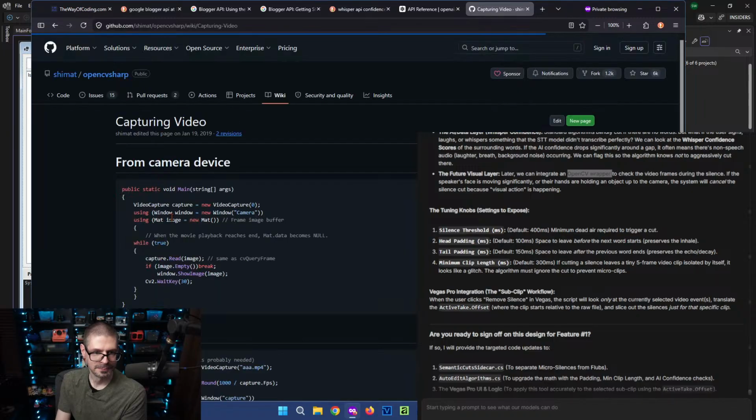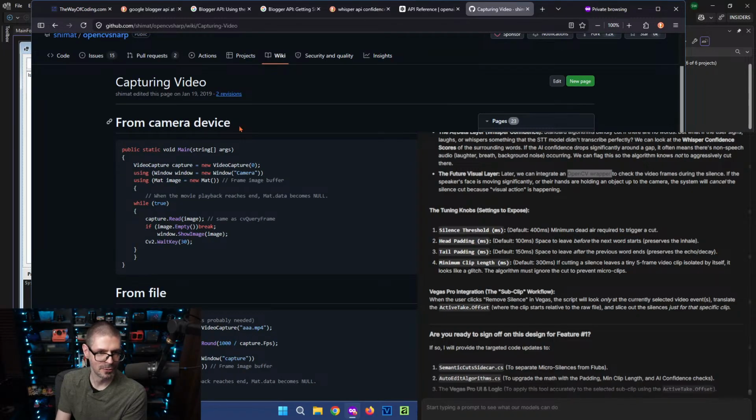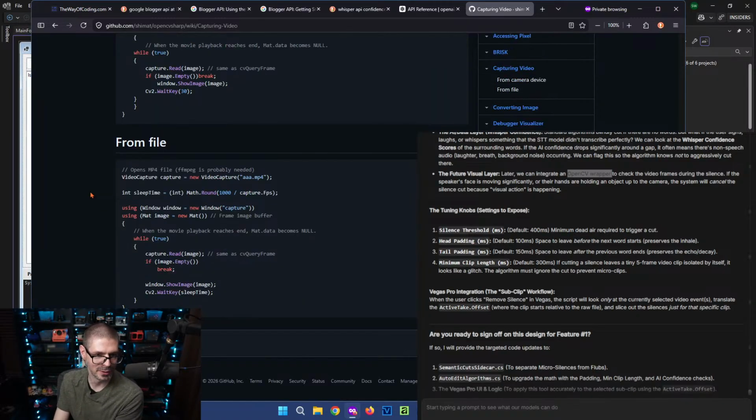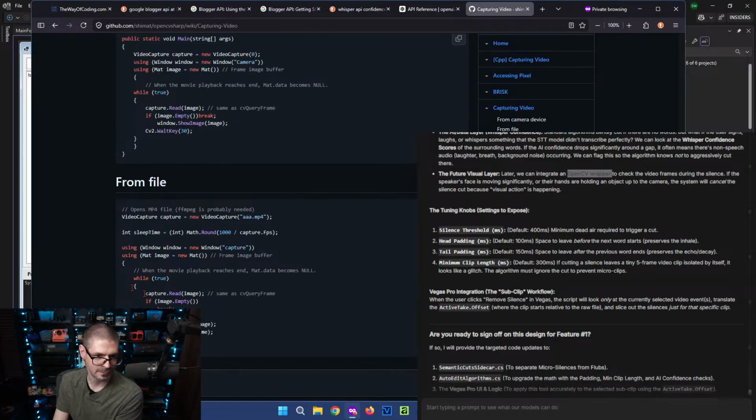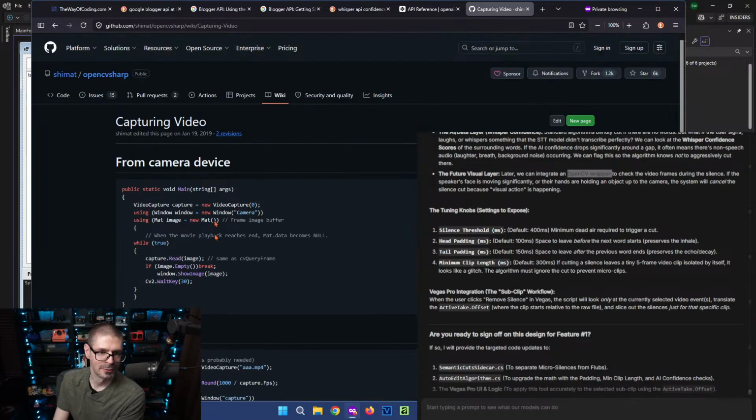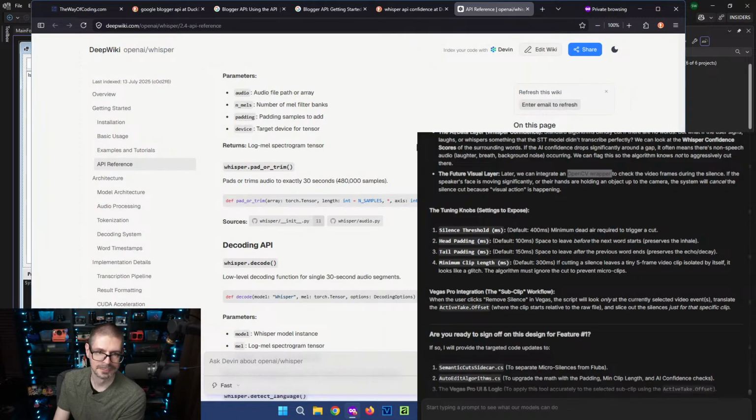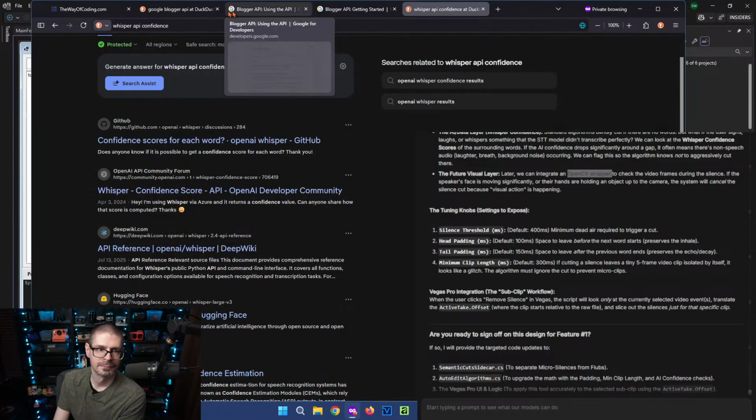Let's see. Capturing from a camera. Yeah, this would be cool also for the Jarvis stuff. Could do some video analysis. We can have a camera for Jarvis and it could see things on screen. But you obviously will need really good hardware to make that work quickly. And all that. Yeah, I definitely want to look into that. That's good.